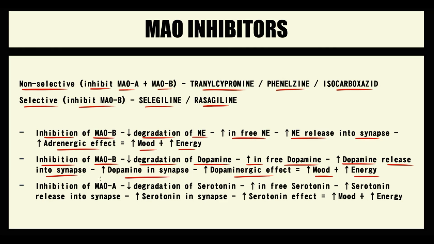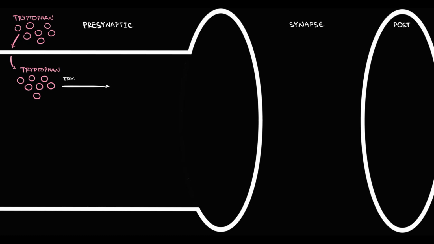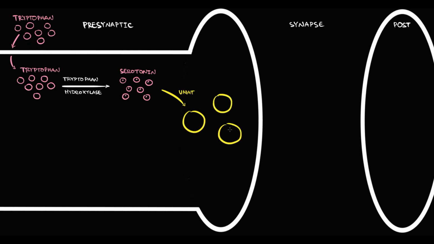Non-selective monoamine oxidase inhibitors also block MAO-A, which causes an increasing amount of serotonin molecules in the synapse. And to explain this, we have to know how serotonin neurons work. So we have a presynaptic neuron, synapse, and postsynaptic neuron. Serotonin neurons uptake tryptophan. Once tryptophan appears inside the neuron, tryptophan undergoes hydroxylation by the rate-limiting enzyme tryptophan hydroxylase, with formation of serotonin. Once serotonin is formed, the vesicular monoamine transporter puts serotonin inside the vesicles, and in this form, serotonin is